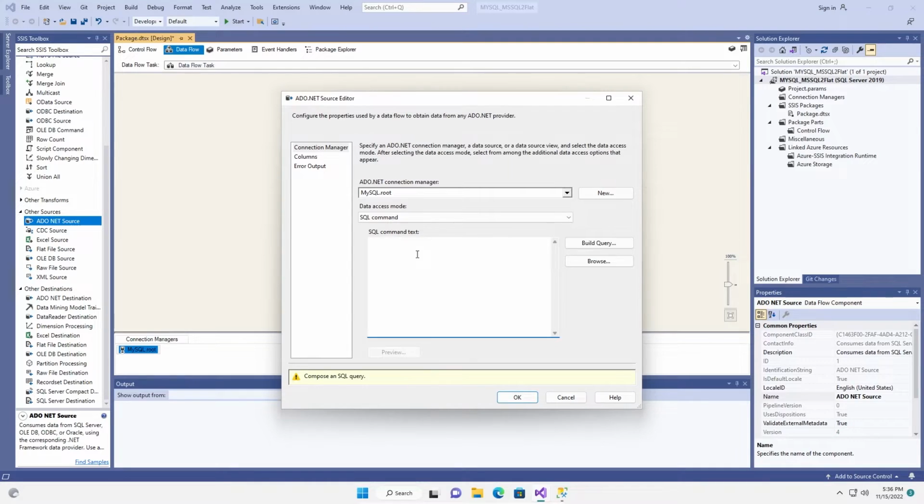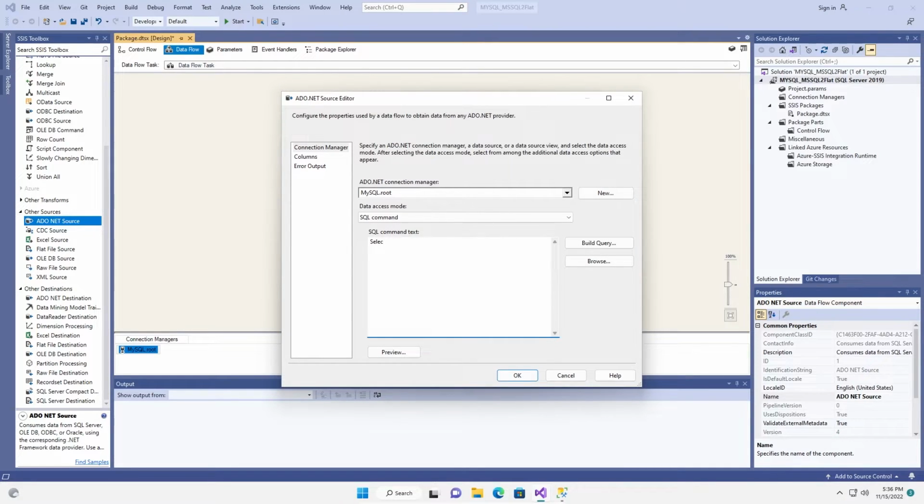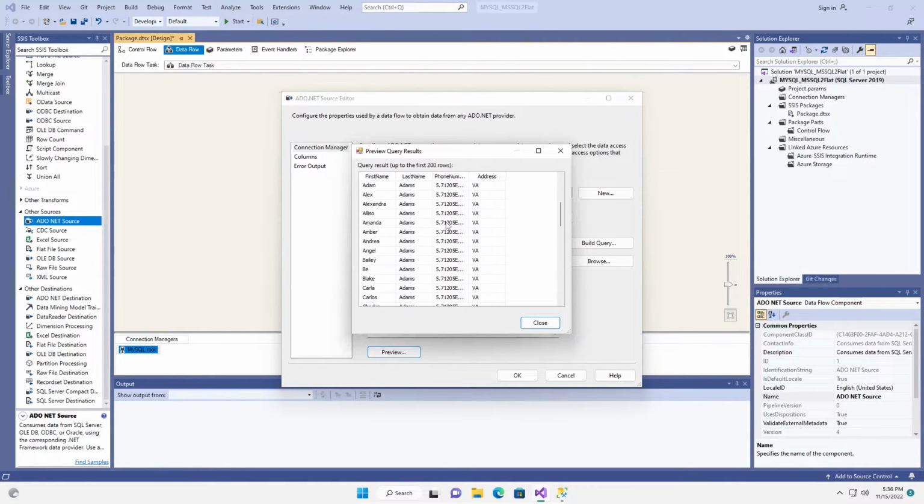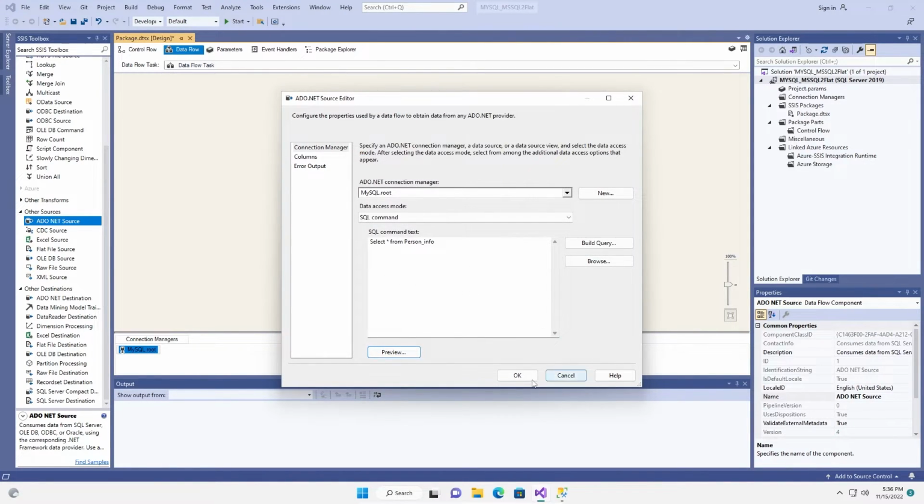You have to write select star from. So my table name was person info. Let me check preview. Yeah, now you can access the MySQL data records from here.